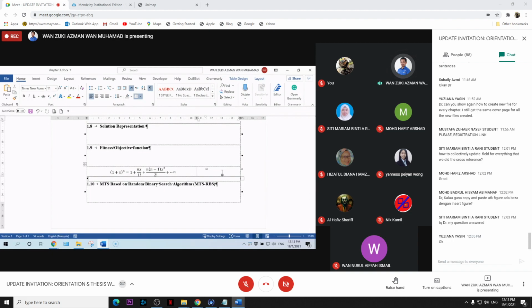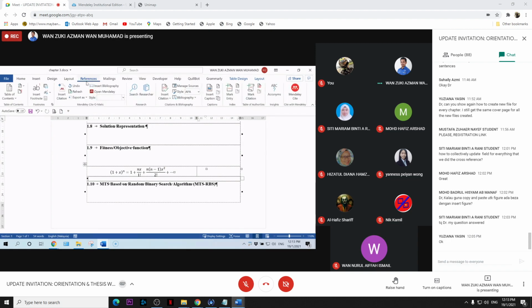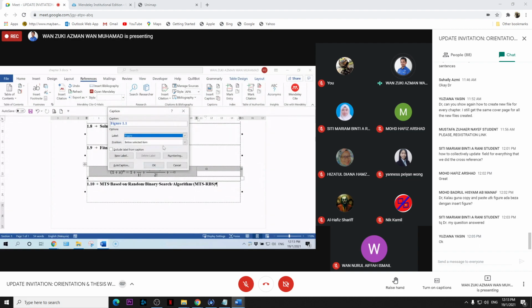equation number. So for the equation number, again go to references, insert caption. So you select equation. Normally you have equation like this.